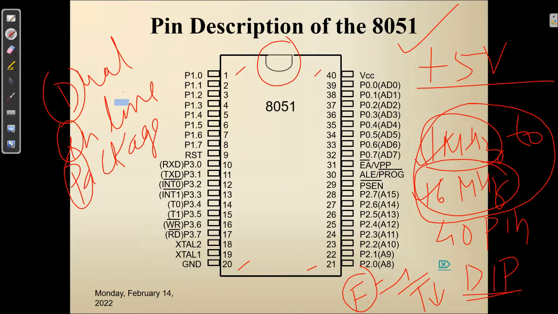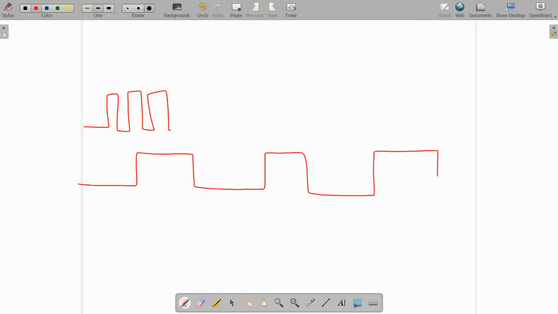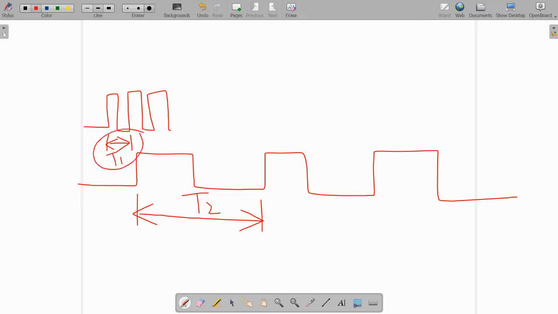टाइम पीरियड देखो, टाइम पीरियड अगर कम है, इसका मतलब क्या है? टाइम पीरियड अगर कम है तो ये पास पास में आता है. टाइम पीरियड अगर ज्यादा है तो ऐसे दूर जाता है. टाइम पीरियड मीन्स ऑन टाइम ऑफ टाइम. तो your every instruction will be executed depending upon your clock period. अगर clock period ज्यादा है, see the on time and see the off time. On time plus off time gives you the time period. And see here, on time off time, it is lesser as compared with this. If this is T1, this is T2. So T1 may, can you see the execution, the speed will be more,